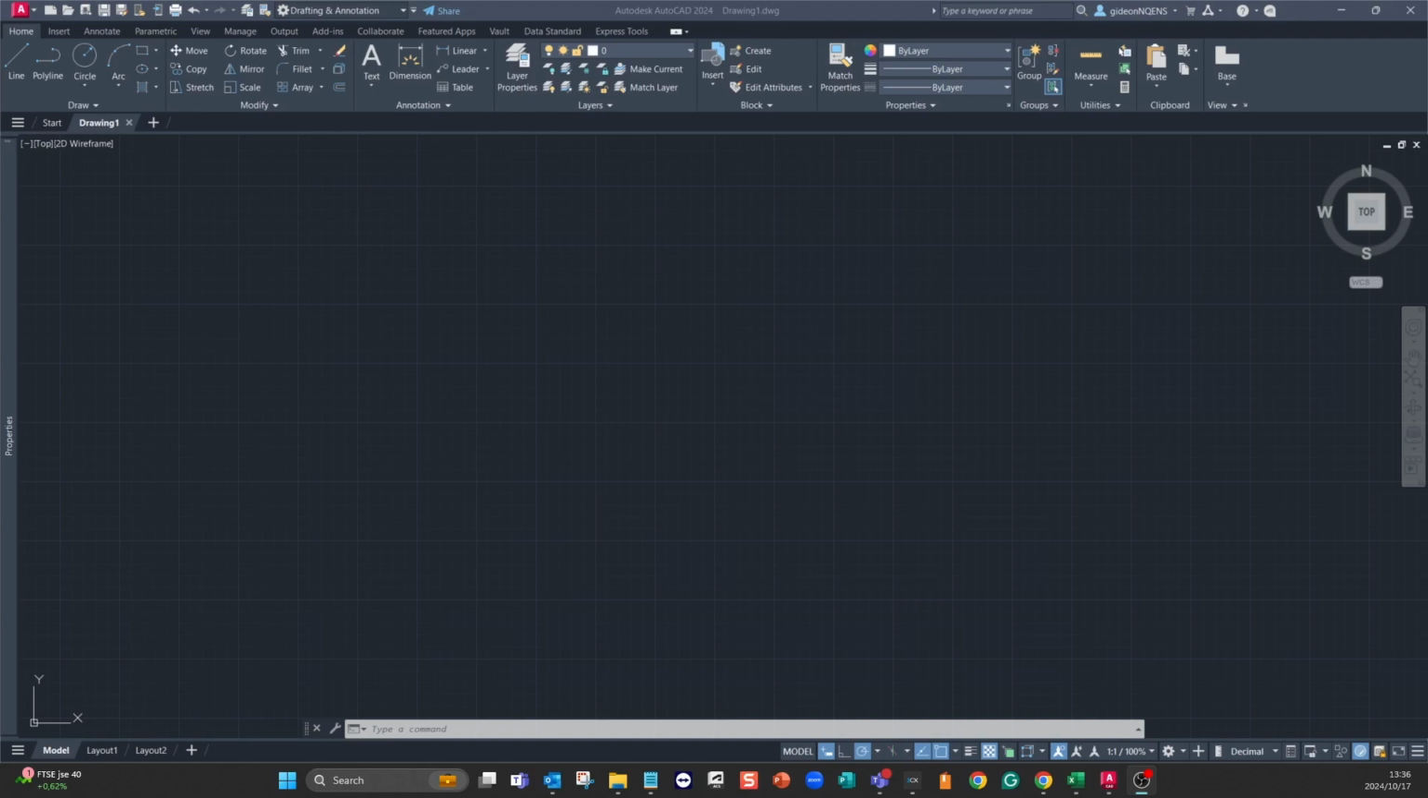Today we're going to have a look at how we can utilize our own templates and create our own templates within AutoCAD. And it's something that's quite easy and quite simple to do. So this will just be a quick step-by-step tutorial on a basic simple 2D template that we can create and